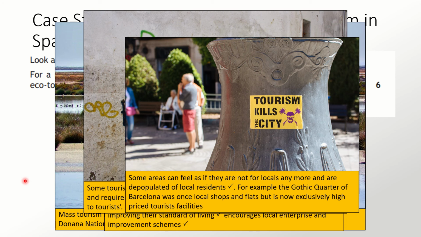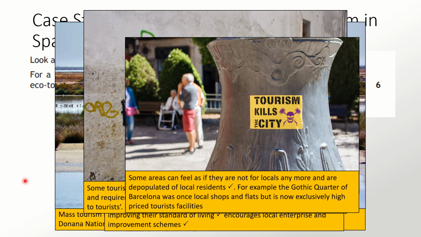Some areas feel as if they're not for locals anymore because it's purely tourists in the area. For example, in Barcelona, your teacher might show you maps in class of the Gothic quarter of Barcelona. This used to be a traditional area of local shops and flats, but now it's exclusively high-priced tourist facilities, and a lot of the flats are rented out to tourists for a lot higher rent than they would have been